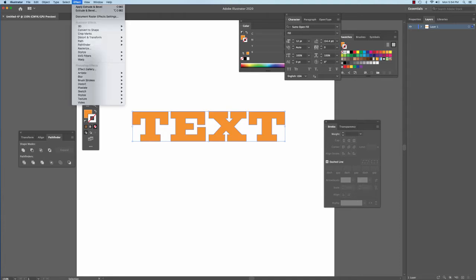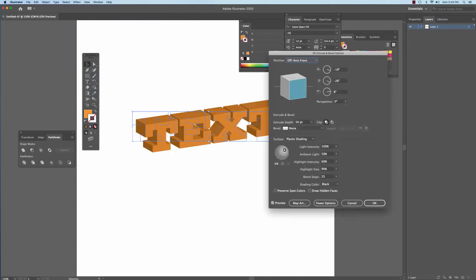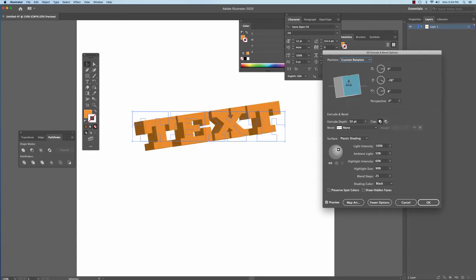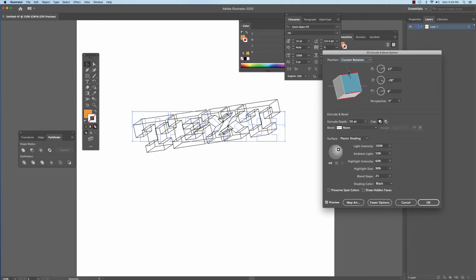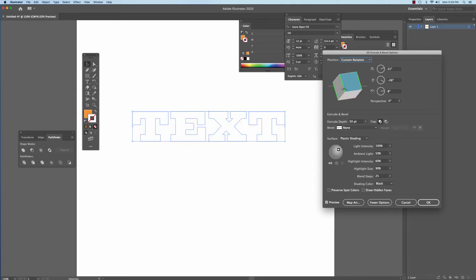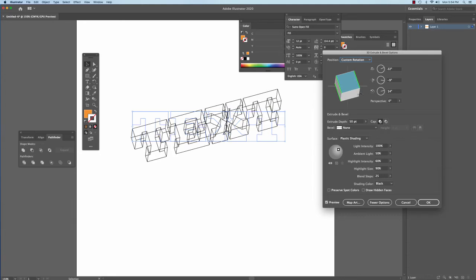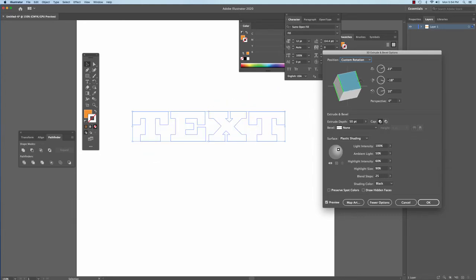Then you're going to go to Effects and you're going to select 3D, Extrude and Bevel. And if you don't see it by default, then you just want to make sure you check your preview. But this is pretty much it. With this, you can punch in the degrees that you want, or you can use the handy dandy cube here to position it however you want it to go. So